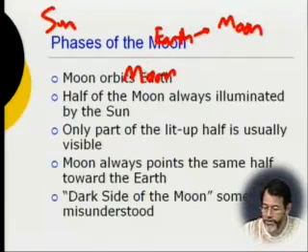So the Earth is here. You see the moon in this direction, and you don't see the moon fully illuminated. You only see part of the moon illuminated, and therefore you only see a phase of it.